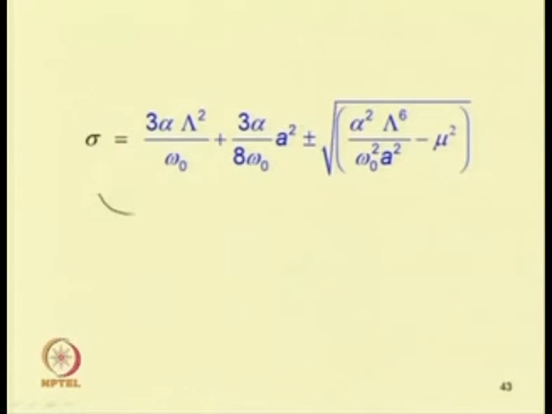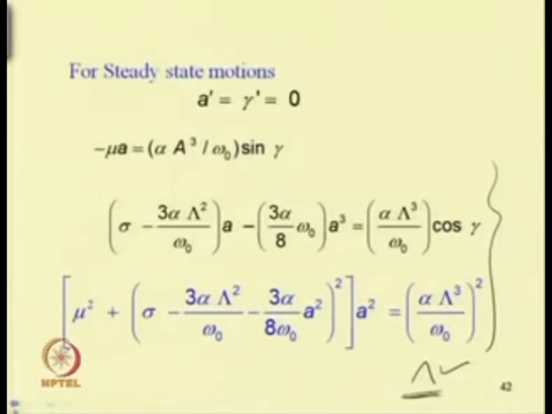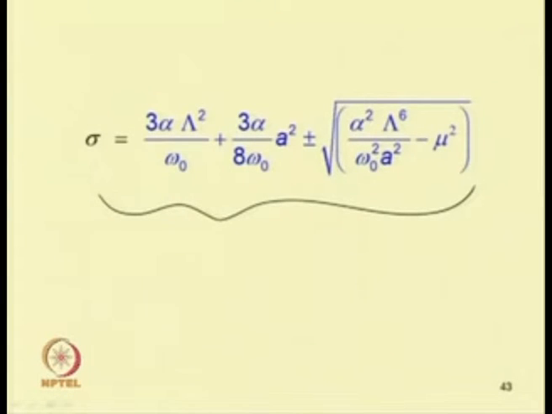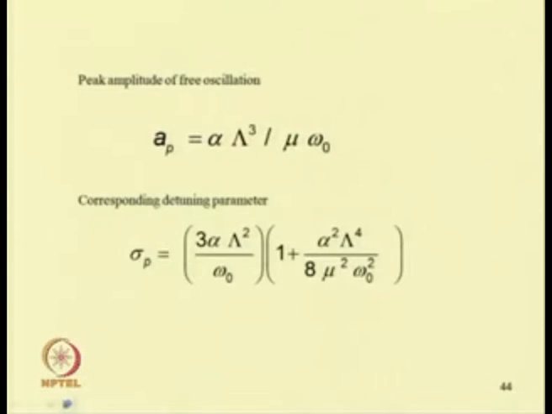This is the closed form solution for sigma, because in this equation sigma appears in a quadratic form, or a sixth order form of a. So, one can either numerically solve this equation for a, or solve this quadratic equation to write sigma equal to this. By getting sigma in this form, one can find the response of the system, and in the last class we have seen the response of the system.